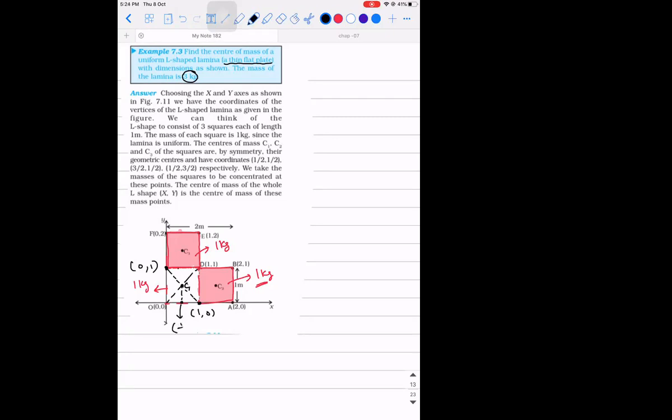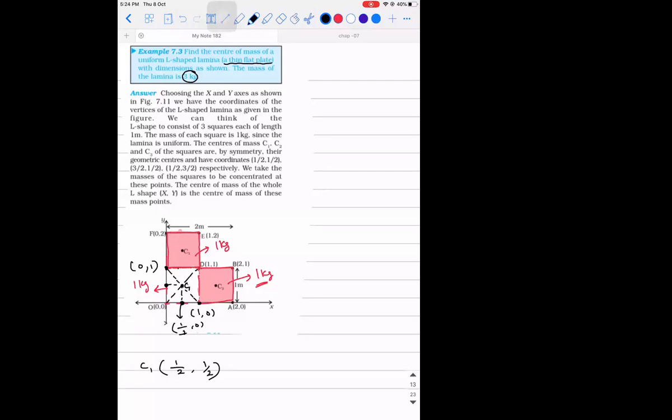It will be 1/2, 0. The bottommost point. I asked this point. Yeah, I understood. So C1 will have the coordinates as 1/2, 1/2. Since it is exactly the midpoint,